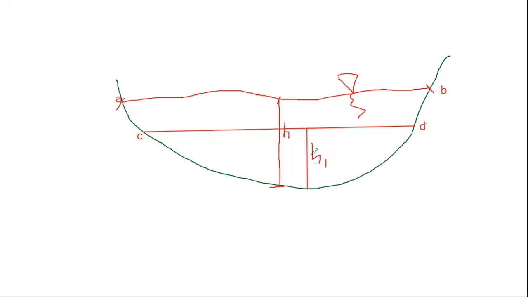This is H1. Now, when the water level was at H, that is at AB, there was some discharge corresponding to that, that is Q or Q1 we will consider. And when the water level has been reduced to CD, then for that condition the discharge will be different from the first one. We'll consider this as Q1. It means that whenever there is a change in depth, that is a change in stage, there is a change in discharge, isn't it?